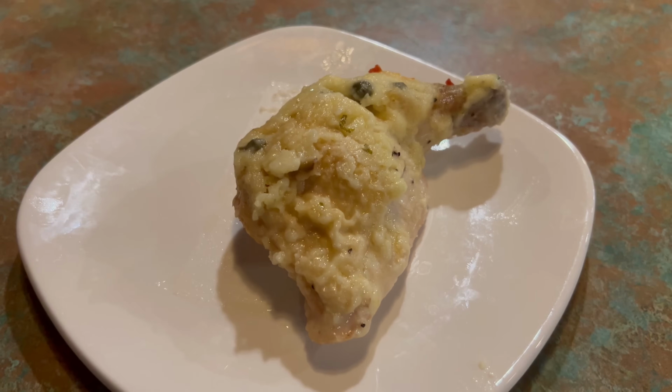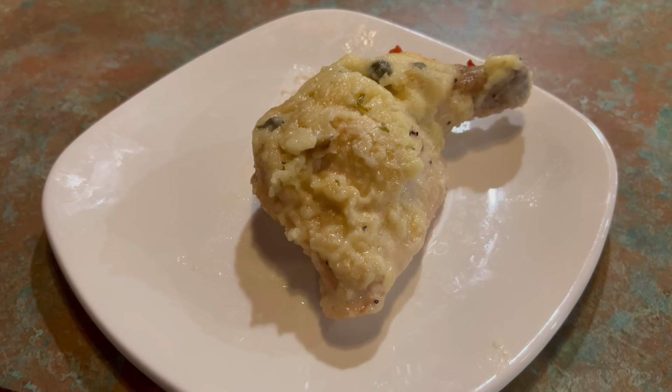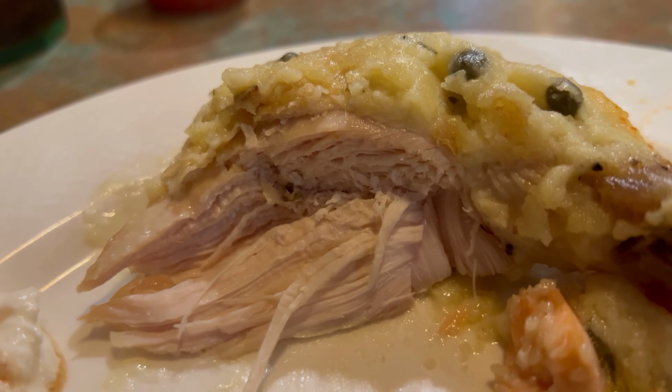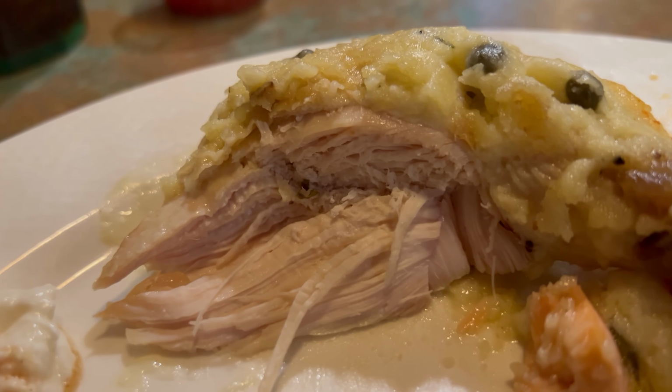Yeah, you know what, not bad. Now the chicken is relatively dry here, but it's not all that tough. It still is pretty soft, though a bit on the chewy side. Unlike the salmon though, the flavor of the chicken absolutely comes through, and so that already gives a bonus points